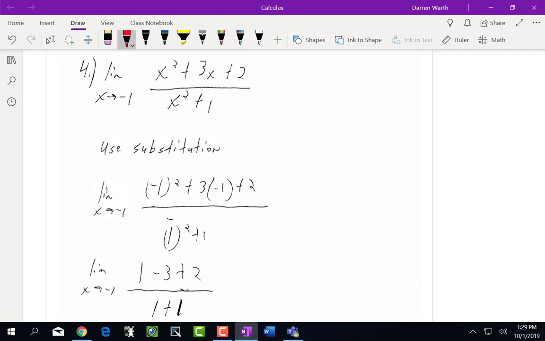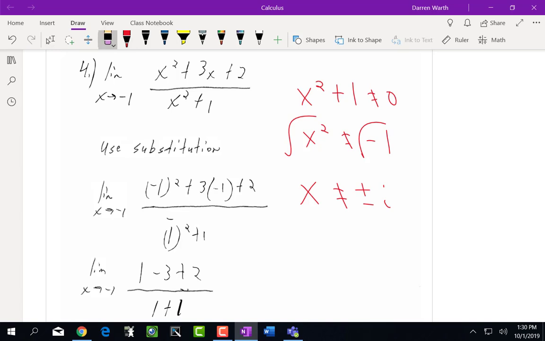So since there is nothing stopping this from being a continuous function, because notice if I take x squared plus 1 and set it equal to 0, we know that can't equal 0. So x squared cannot equal -1, and when I take the square root of that, I get those imaginaries, plus or minus i, which means there aren't any problems with it. So we're just going to go ahead and substitute this in and find our answer, because there are no breaks